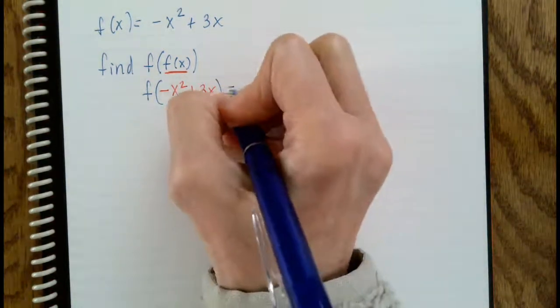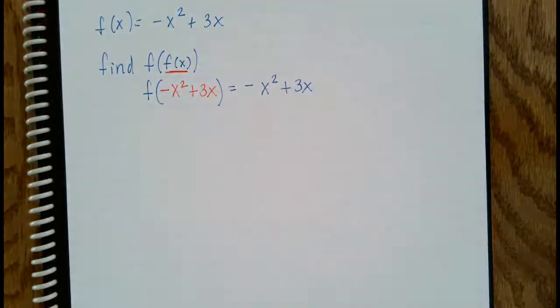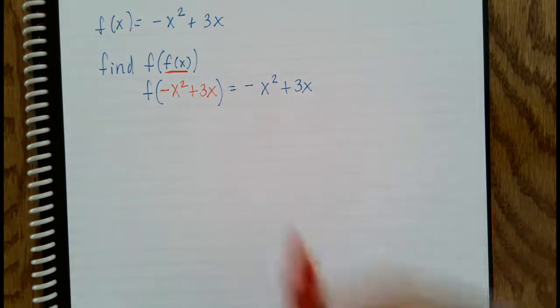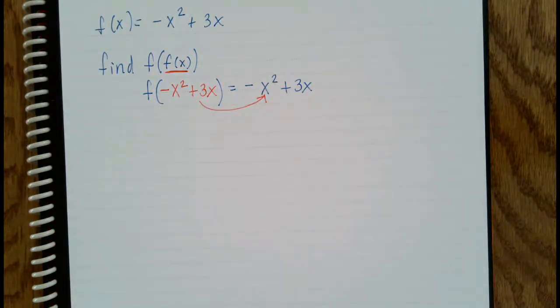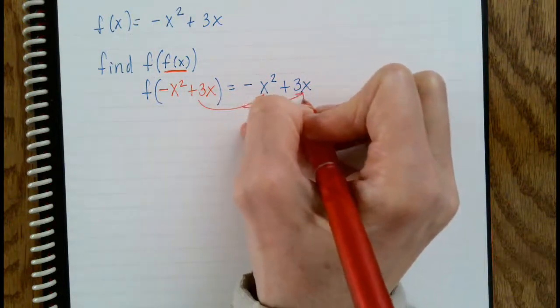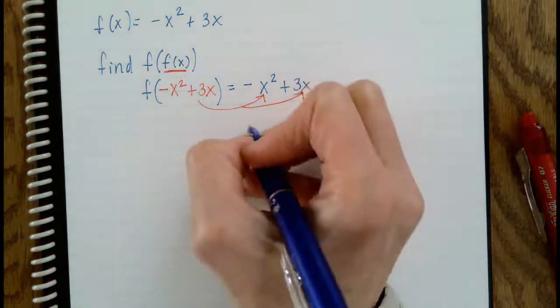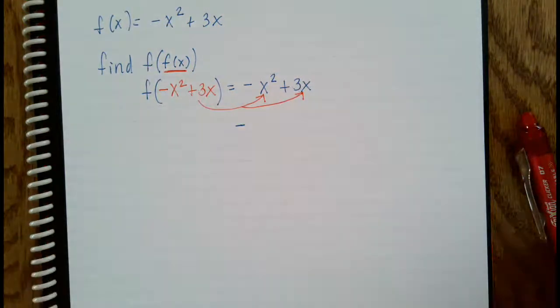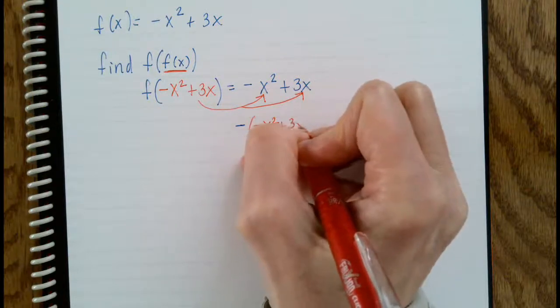So the f function is negative x squared plus 3x. And we're going to take that red value and replace this x. Instead of writing that blue x, we're going to write the negative x squared plus 3x. But we're also going to replace that second blue x with negative x squared plus 3x. And we need to be really, really careful because there's a negative outside of the x squared. In algebraic format here, it's going to be negative, and then negative x squared plus 3x